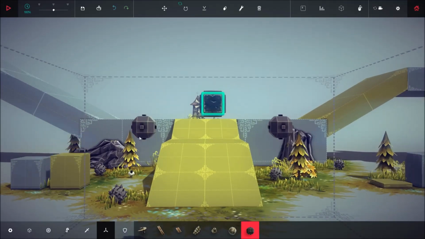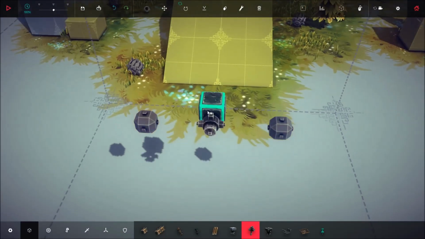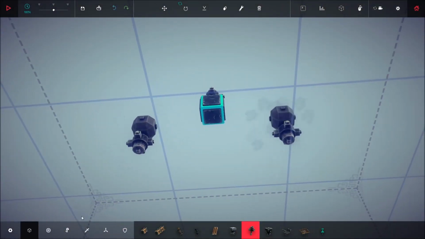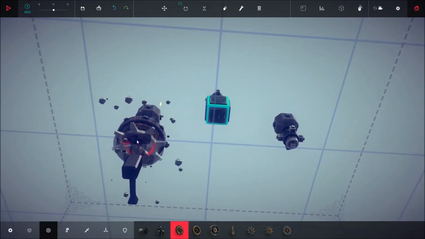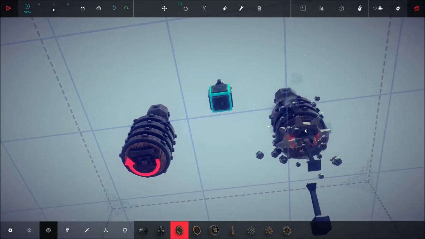And then once you're left with just 2 ballast and a core block, go ahead and take your swivel joint and place one on top of the core block and underneath each ballast, so you're left with that. And then go to your motor wheel and place a total of 8, so 4 on each side of these, so 1, 2, 3, 4, underneath these swivel joints, so 1, 2, 3, 4,